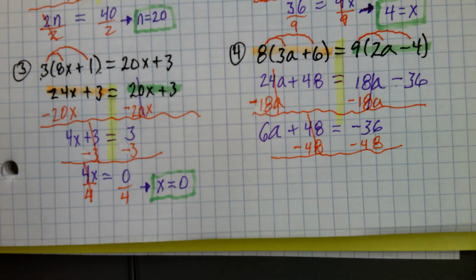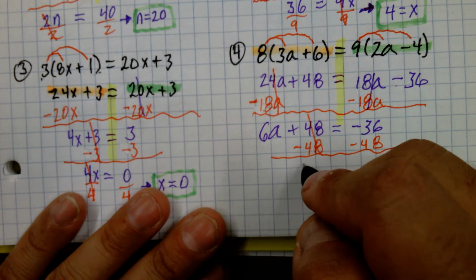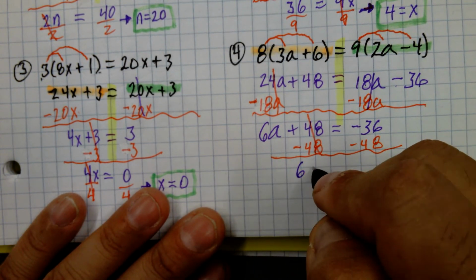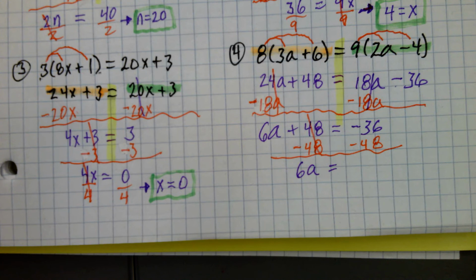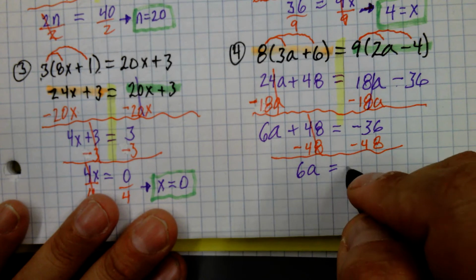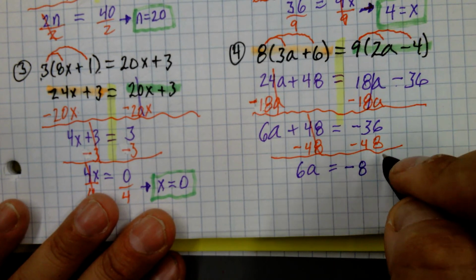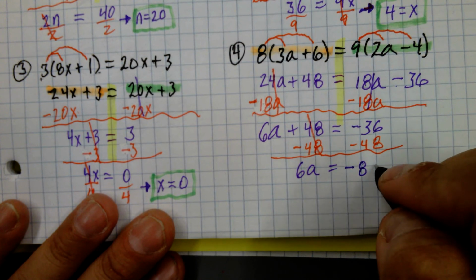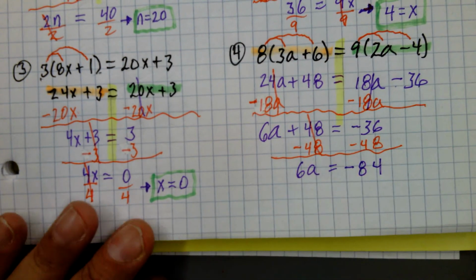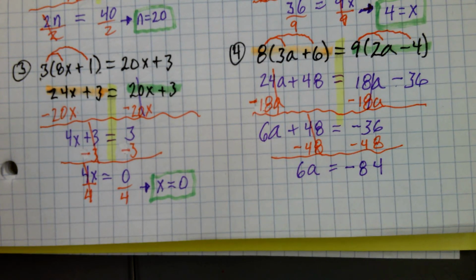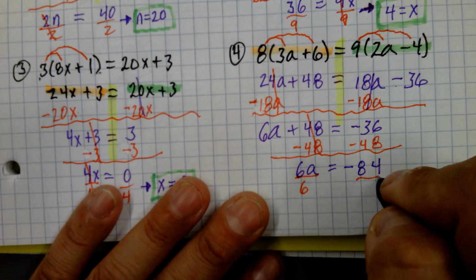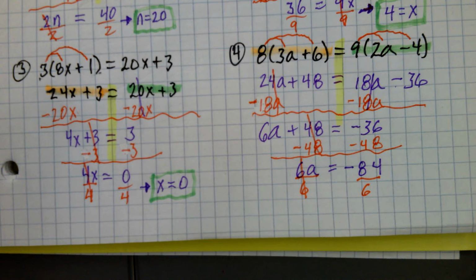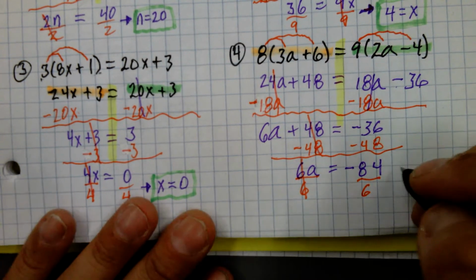Yeah, so we got to add negative 36 with negative 48. So on the left side, I have 6a. And bring down the equal sign. And then I have to add negative 36 and negative 48. That's going to be negative 80 something. Negative 6 and 8 is 14, carry 1. Negative 84. But luckily for me, I know that 6 goes into 84 because now we have to divide by 6. And I'm going to get an answer of